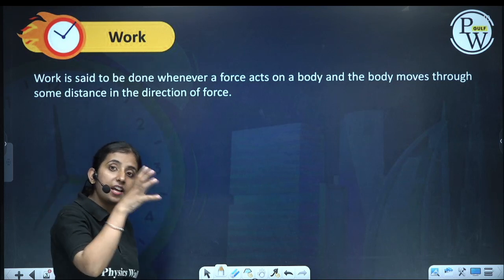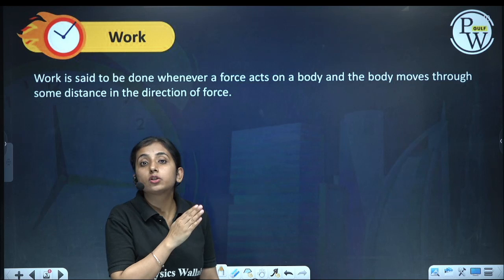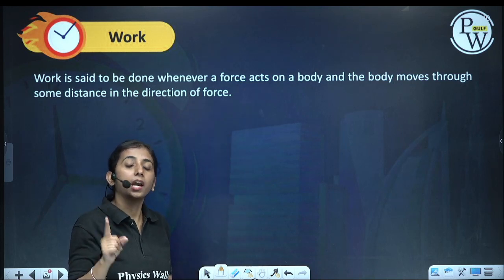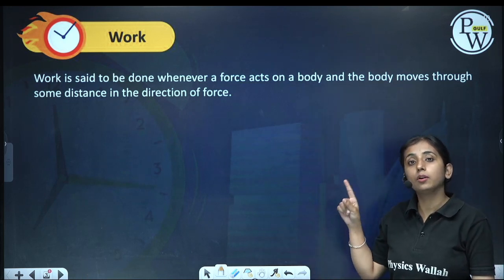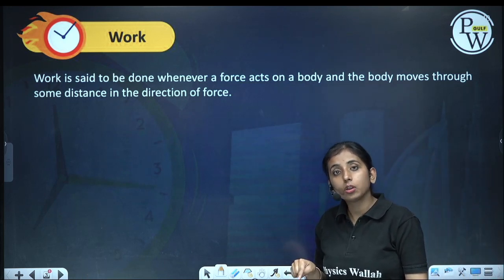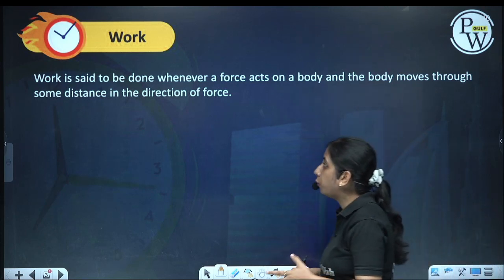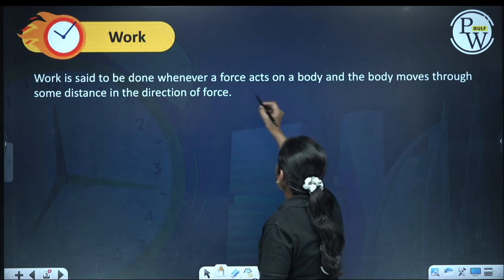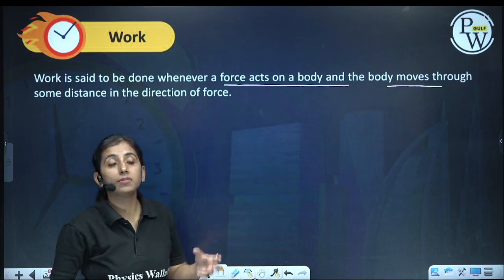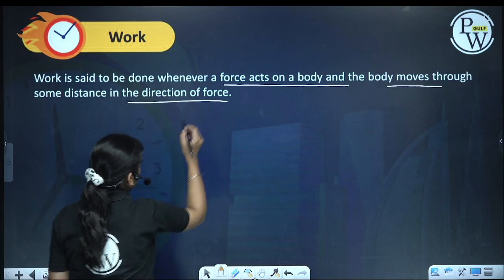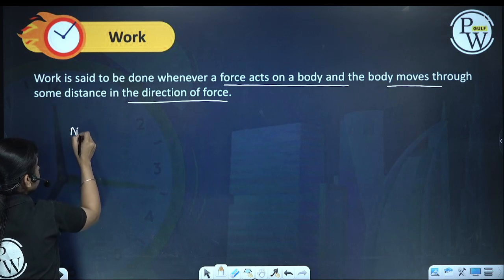If a force acts on the body and the body displaces in the direction of applied force. Work can be done by a force only and only when a force is acting on the body and the body displaces in the direction of applied force. Work is said to be done whenever a force acts on a body and body moves through some distance in the direction of force. So for work, first we need necessary conditions